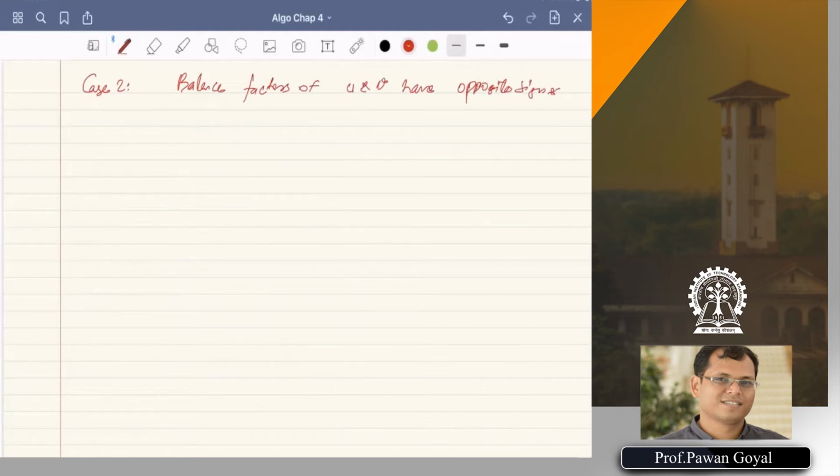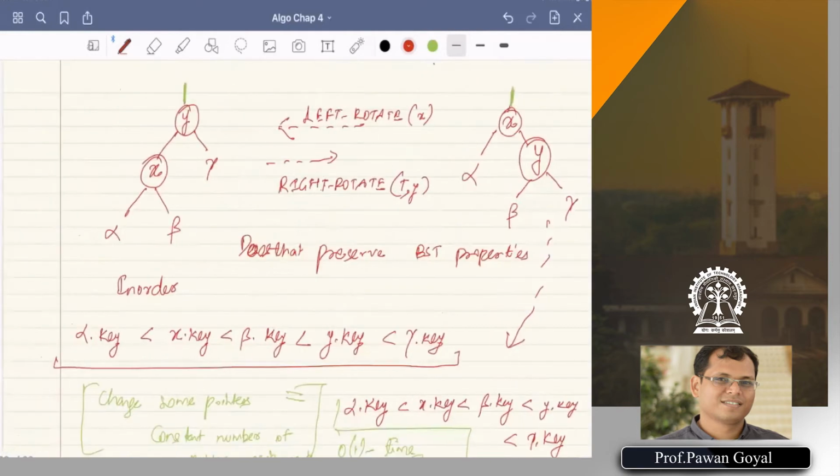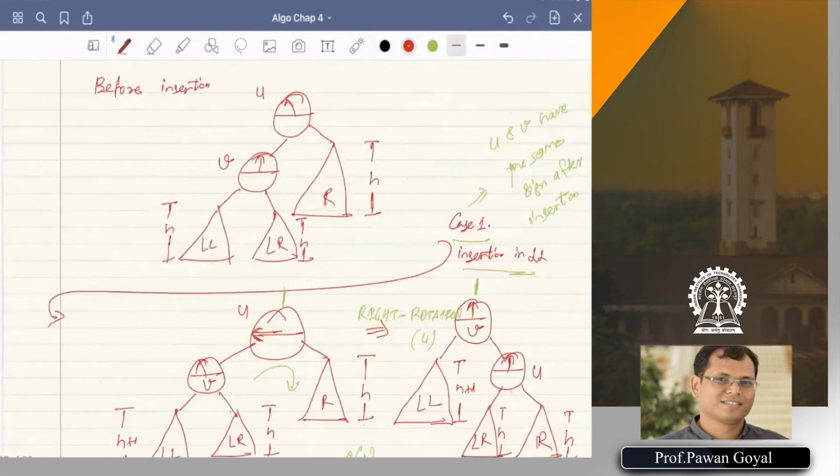Okay, so let me draw the tree again for before what happens.